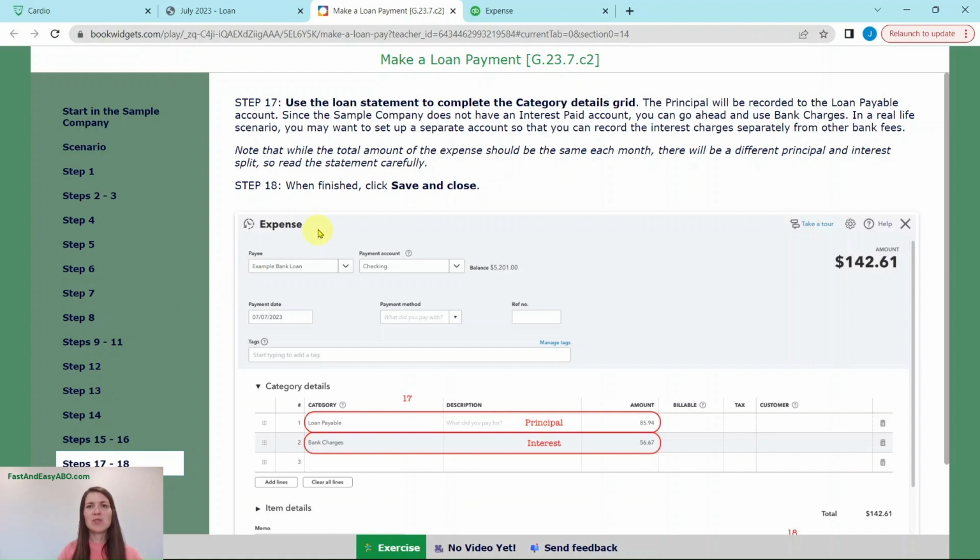So the last part is just to fill out the rest of this expense transaction. Using the loan statement, we're going to complete the category details grid. The principal will be recorded to the loan payable account. And since the sample company does not have an interest paid account, we're just going to use bank charges account for right now. In a real life scenario, though, you probably want to set up a separate account so that